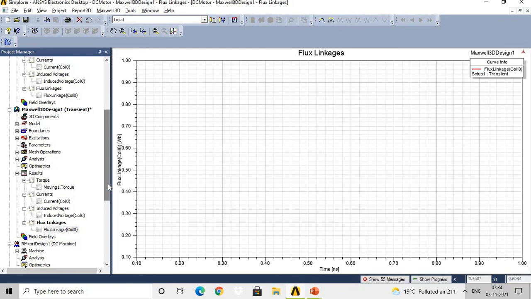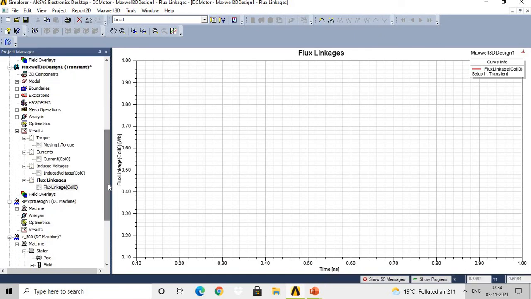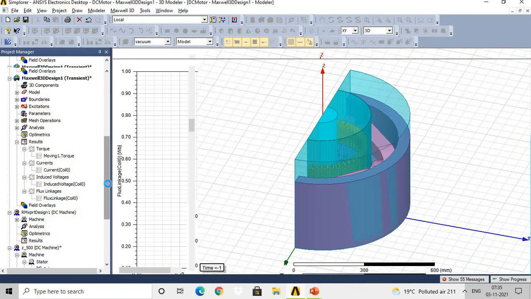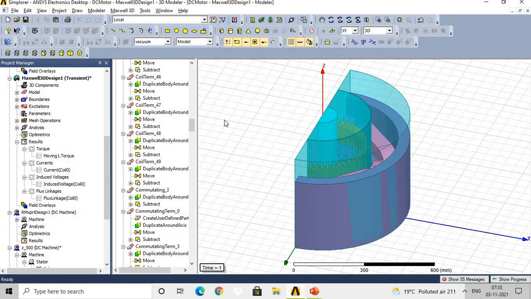So you have huge opportunities to play with this software and do your research. Like you can select different materials and check the performance of the machine for the different materials to select the best one. Once your entire design is completed and validated, you can change a particular parameter and observe the effect of changing that parameter on the performance of the machine. Accordingly you can make changes in the geometry and prepare your report.